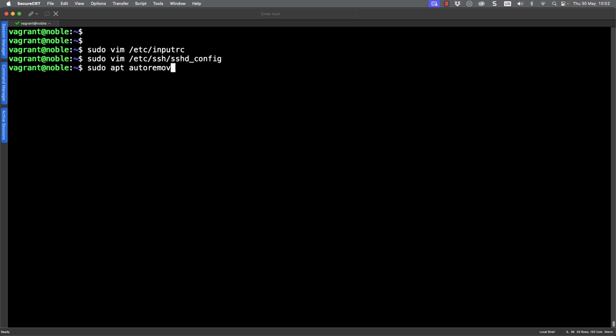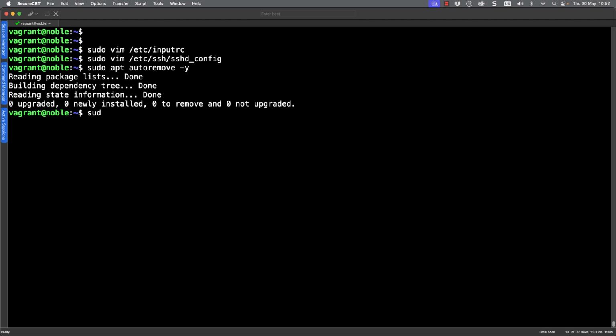We can make sure then that we've got no packages left over, so we can do our autoremove. So that's just going to make sure any removed packages, any of their dependencies are also removed. We can clear the package cache with apt clean, and we can remove any additional packages that are sitting in /var/lib/apt/lists, and just put an asterisk in there. So again, just making sure that we're not having any extra files going across.